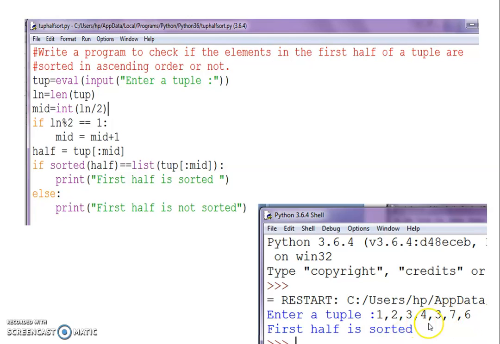Okay, children, so these are the programs from the tuple section. Now I believe these programs are very clear. All are very simple programs. So don't forget to copy these programs into your notebook. You have to do all these programs on your own systems. Write and study, don't just read and study. When you write and study, only then will the indentation be very clear in your mind.